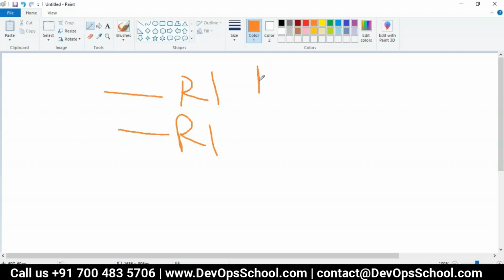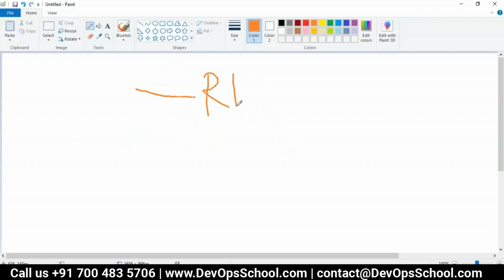So first it will run this one, second it will run this one. But what happens if you don't want to run in a sequence? You have only role 1 in the site.yaml, but you set, okay, before role 1, this role is dependent on role 2.